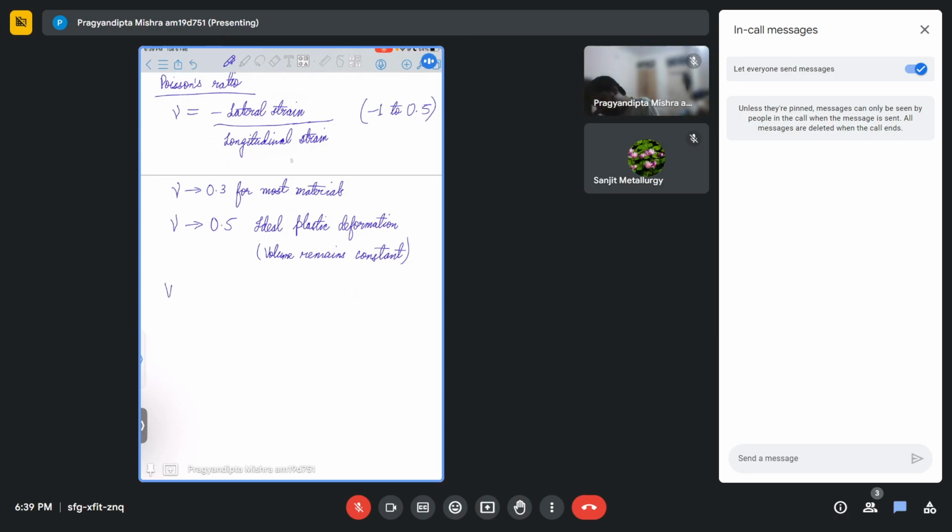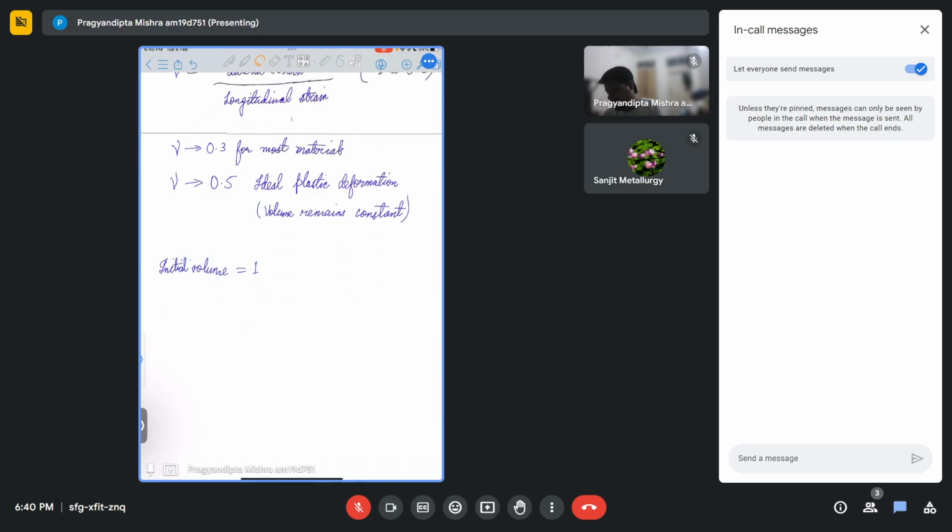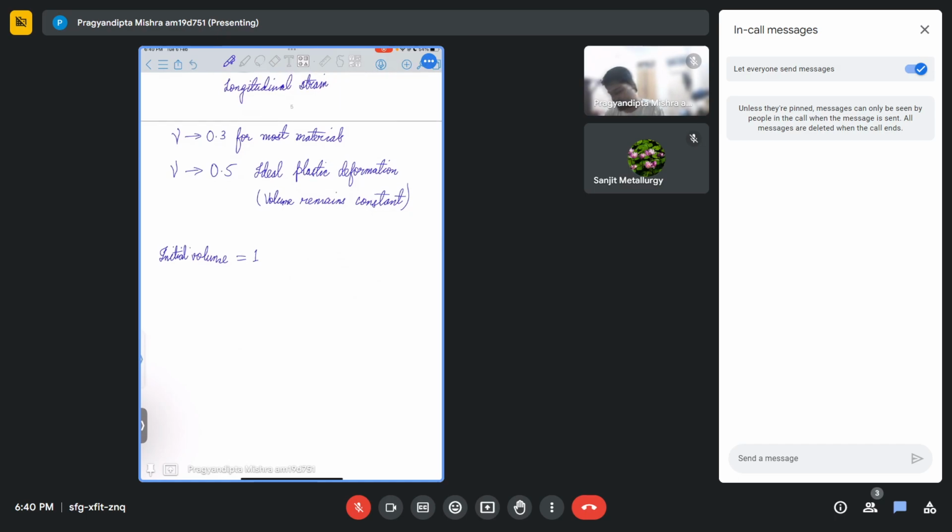So initially, let's say you have the volume equal to 1. Okay, your initial volume is equal to, let me just write it. The initial volume was equal to 1. Now, after we have applied strains along the XX, YY, ZZ directions, what will be the new volume? The new volume would be equal to, let's say the dimensions along X, Y, and Z, all three were 1 only. Okay, so it was 1 into 1 into 1. Okay, so 1 plus epsilon XX